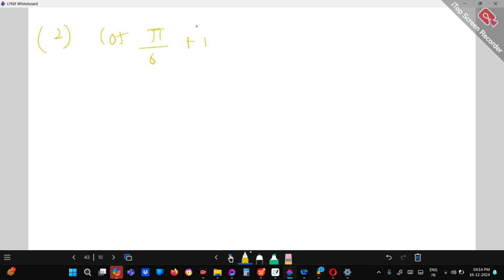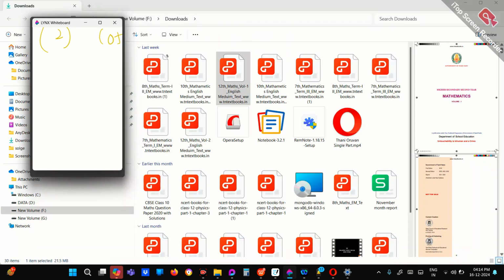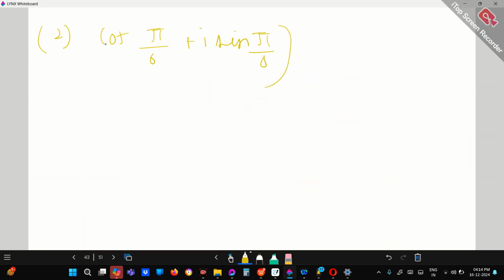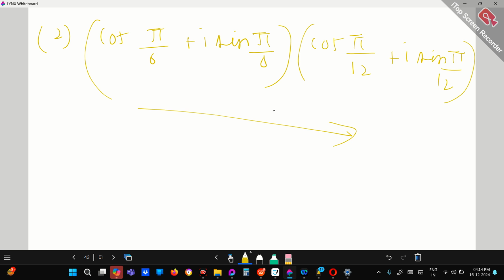Cos of pi by 6 plus i sin pi by 6 into cos pi by 2 plus i sin pi by 2. So if we multiply two things, what will happen? The magnitude will be multiplied by 1. So this magnitude will be 1. So 1 into cos of